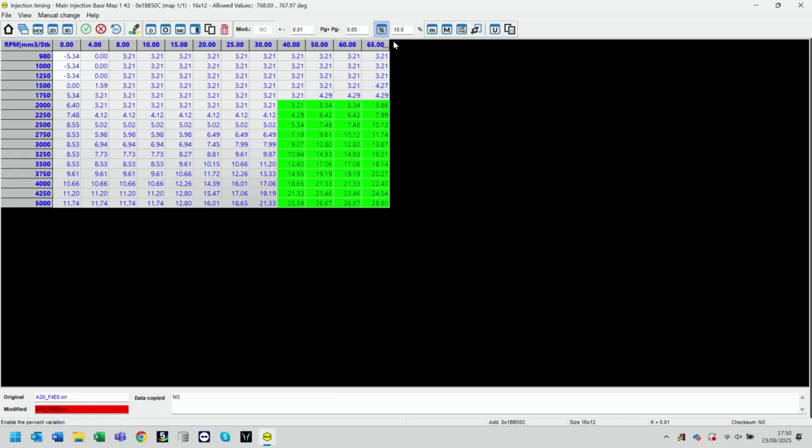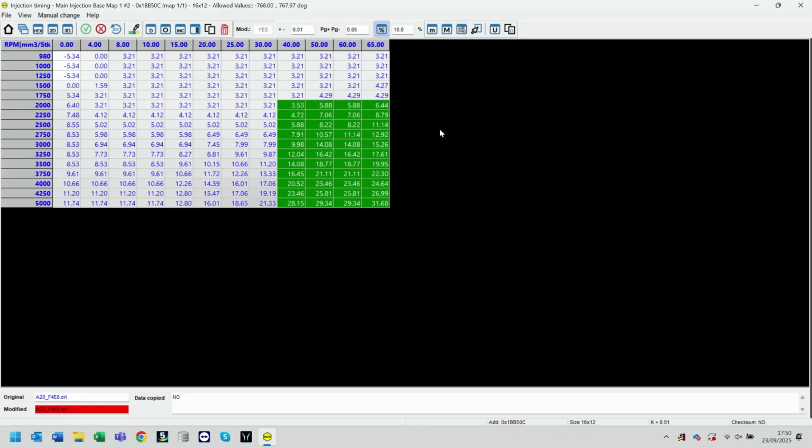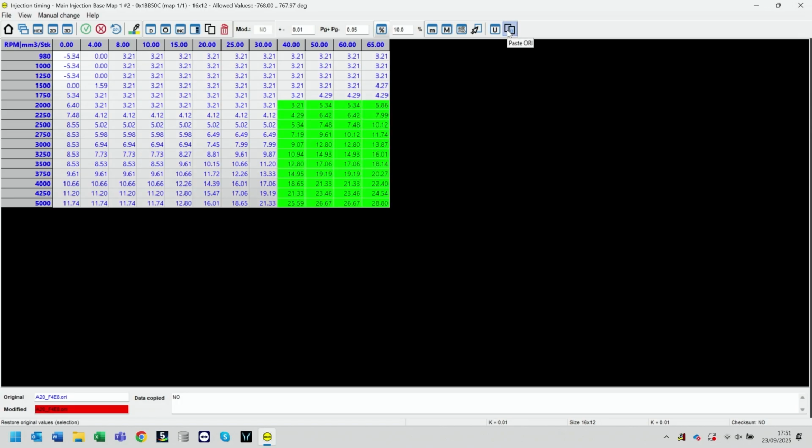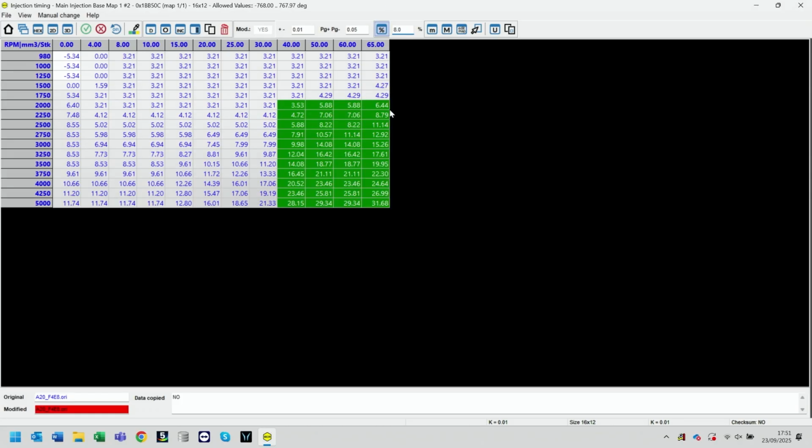This one's an easy one. With the percentage button selected at the top, we can just press page up and add our 10% onto there. If we check our values, always do, we can see our increase is 10%, but if I turn the percentage sign off, I can see I've gone a little bit higher than my safe operating area, 2.88. So let's paste ORI, revert it to original, change my percentage to 8%. 8% in there, make sure my percentage symbol is highlighted, press page up, and if again I check the increase,